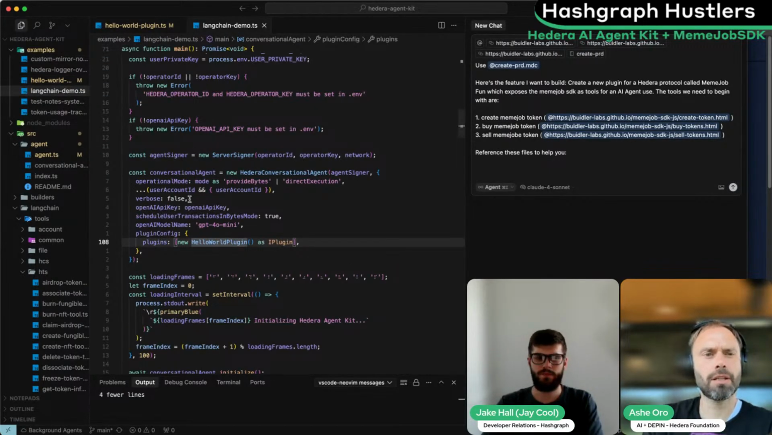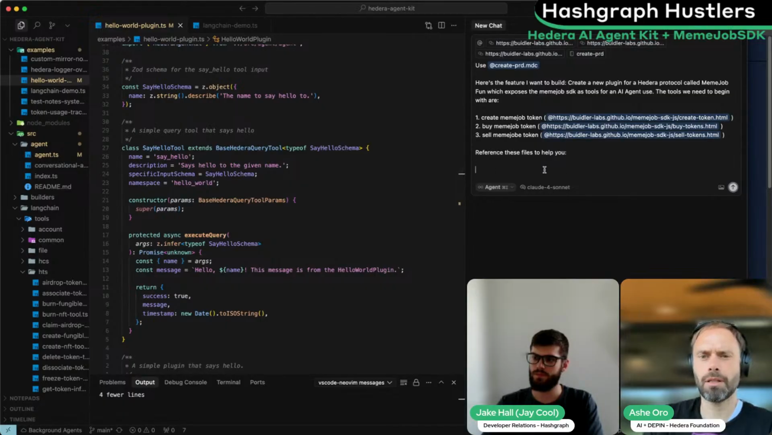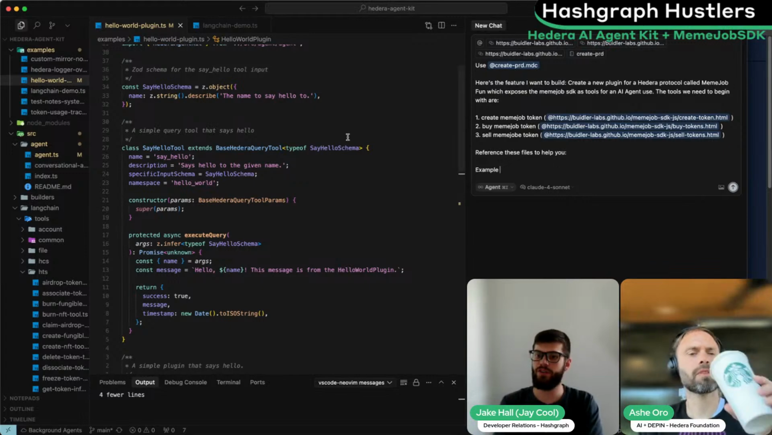And can we just tell it the file name? Yes. Does it have full visibility of our file structure? Yeah. So what we can do here is we can just go, okay, use